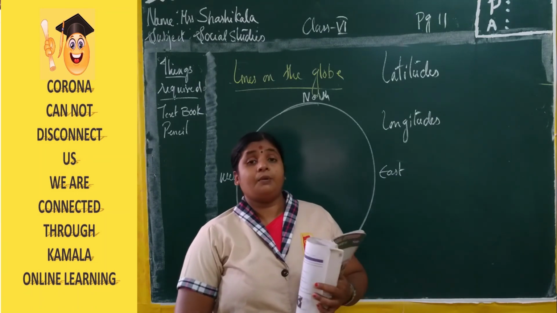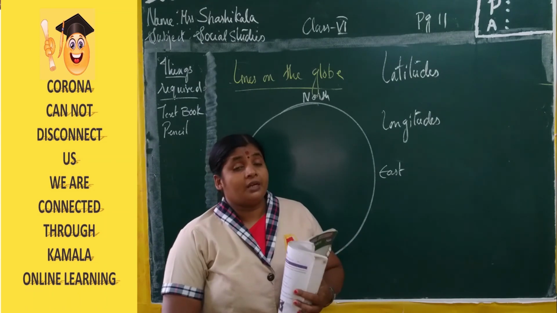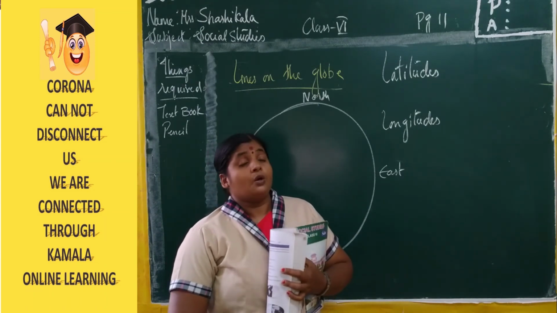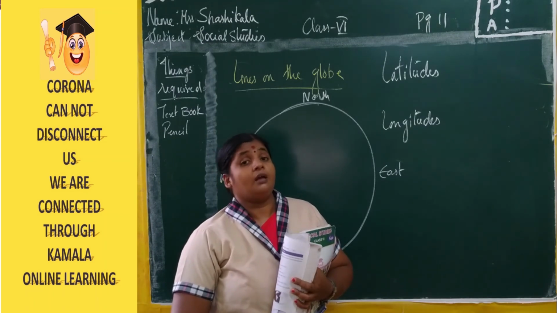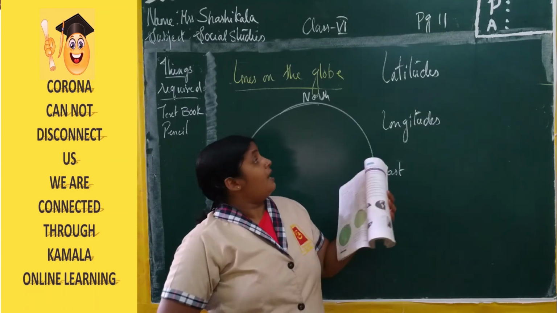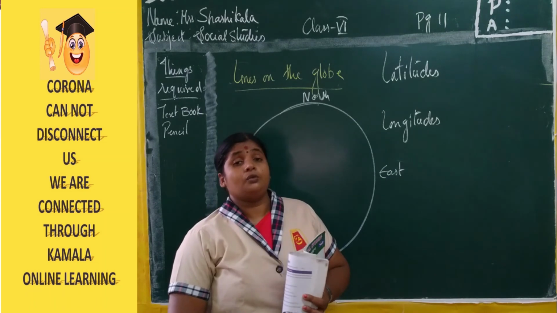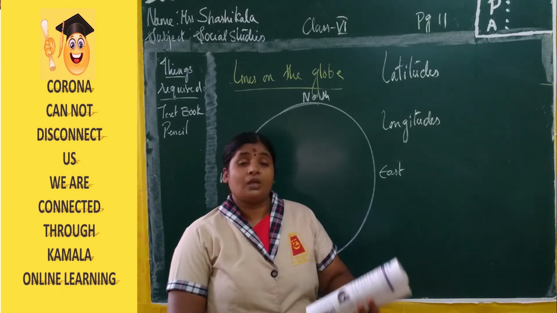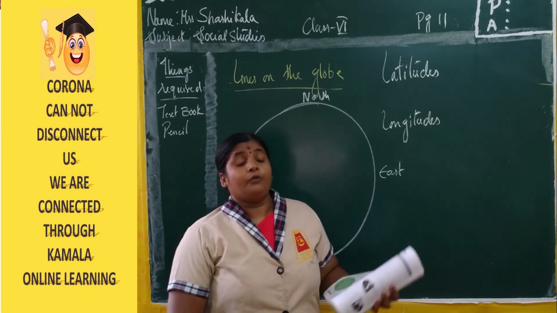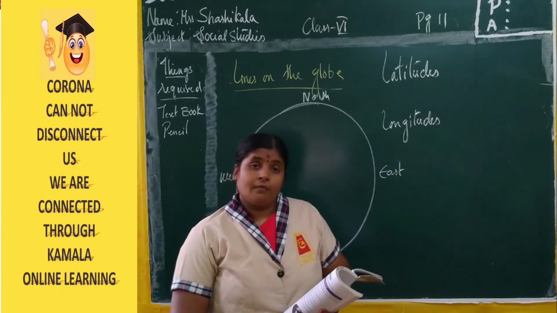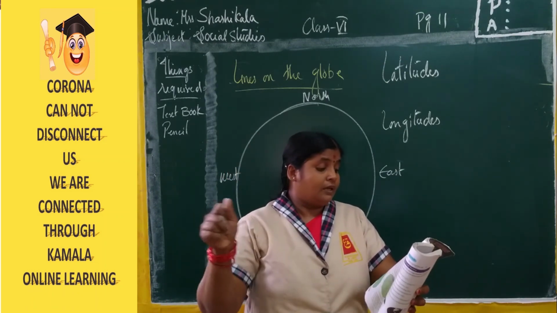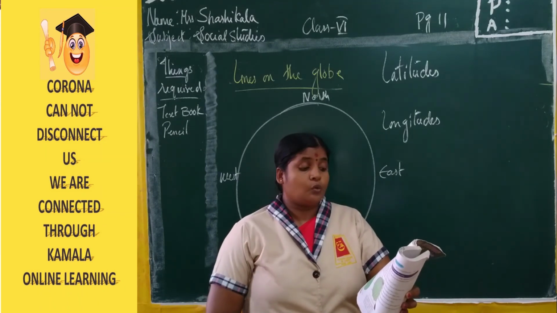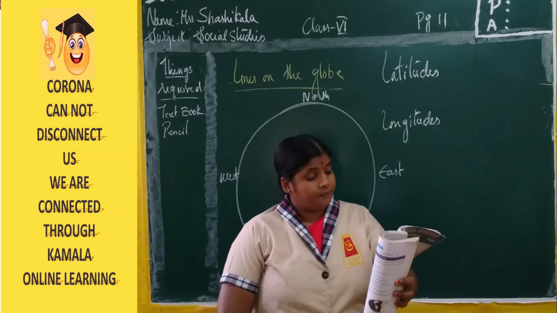Not only Ferdinand Magellan, right beta? Now here our Indian scientist Aryabhatta also said that our earth is round in shape, and with the help of the latitudes and longitudes we are going to locate the place, and they are helpful to know about the time. Right? I request you to underline that line: the Indian ancestors like Aryabhatta who used the terms to explain the places.